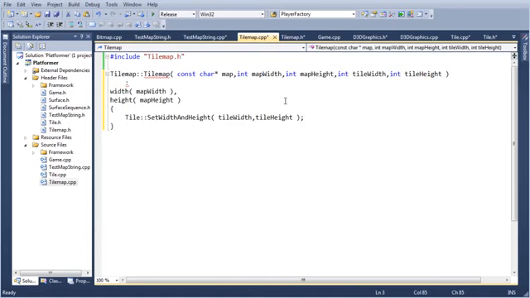They would be within the text file. The first 4 numbers might be the map width, map height, tile width, tile height, and then after that the actual level itself would start. But for now we'll just make it externally specified. So we set width and height for all the tiles. Then we gotta load this map.